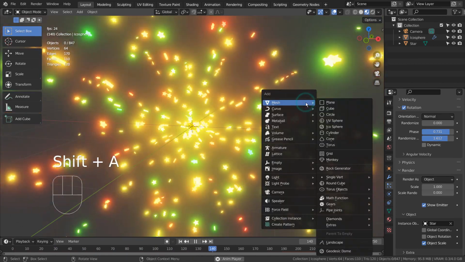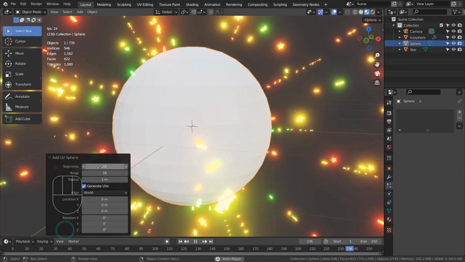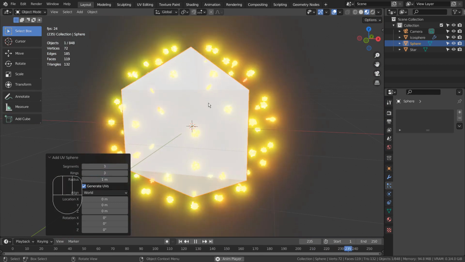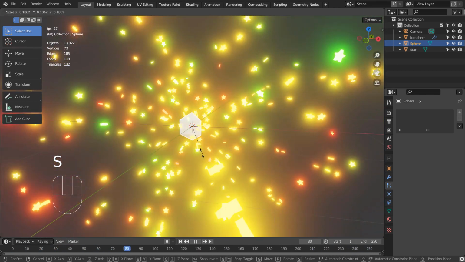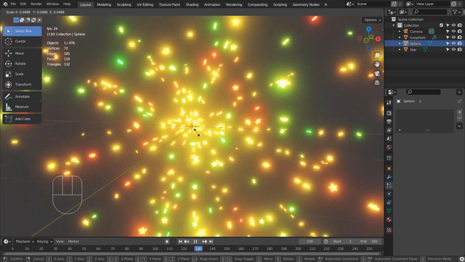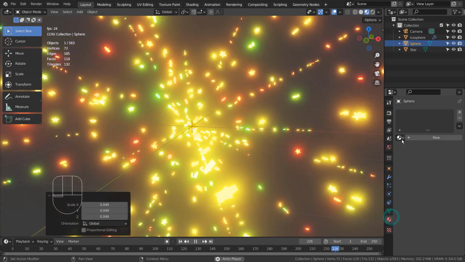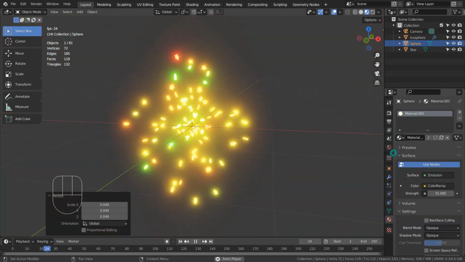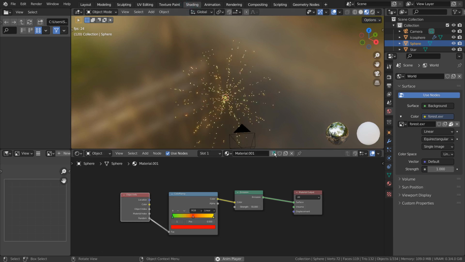Let's create a new sphere with 3 rings and segments. I'll make this material unique, and change the colors.